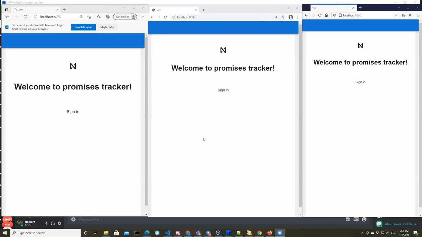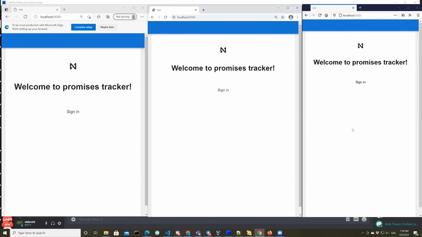Okay, so the idea of the application is the following. The world is full of promises which people constantly make to each other. And sometimes these promises are fulfilled, sometimes rejected, but the majority of them are just lost. This project tries to solve the issue by tracking promises, so a person can make any promise and other people can vote on the progress.